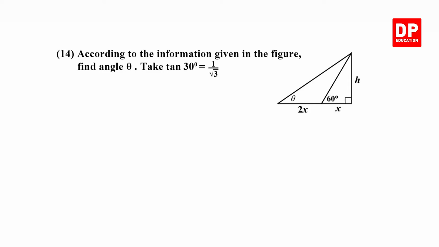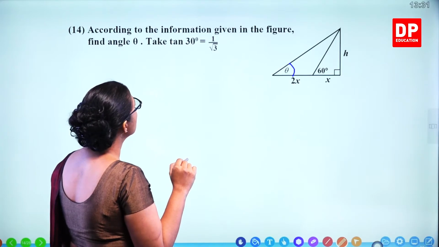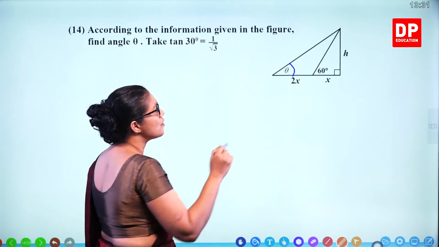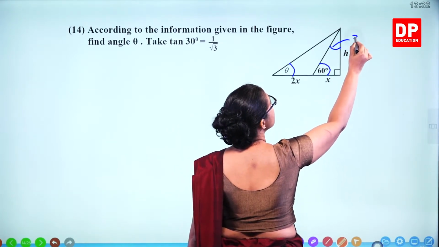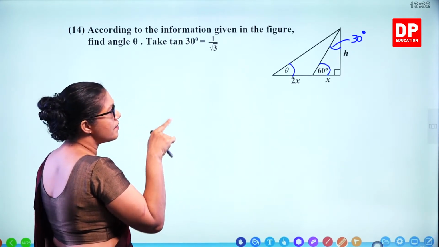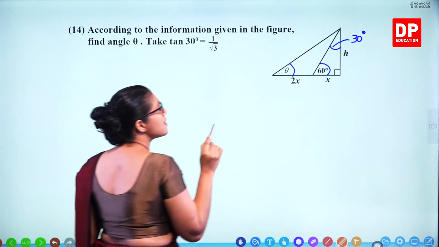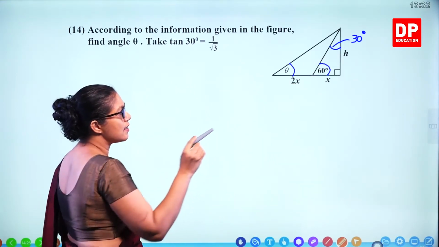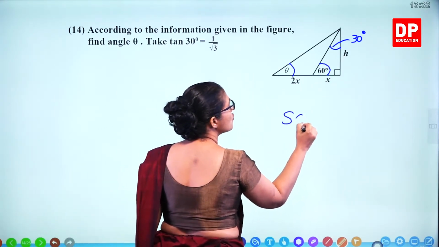Question number 14. According to the information given in the figure, find angle theta. This angle, take tan theta is equal to 1 over root 3. So this is 60 and this is 90, means this angle is 90 minus 60, 30. Now we can write a relationship between these three: x, h, 60. So opposite is here, adjacent is here. So that's tan because of SOHCAHTOA,